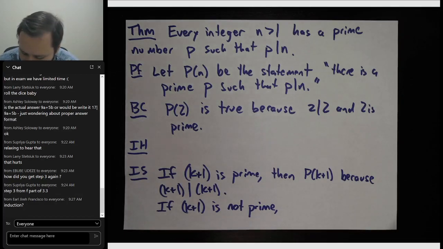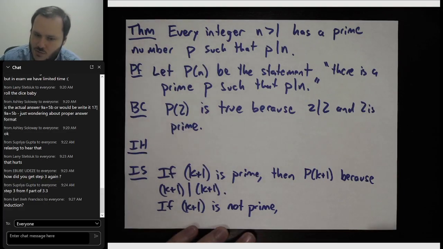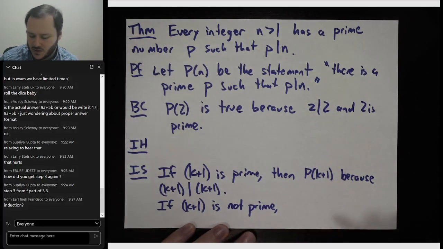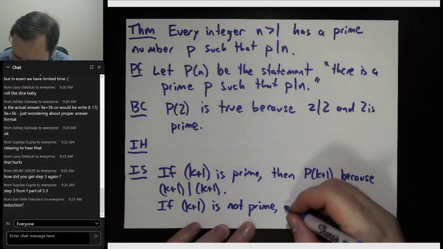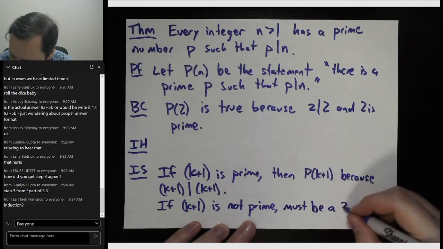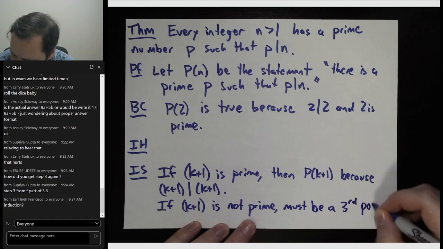So if you're not prime, you don't have exactly 2 positive divisors. But we know 1 divides k plus 1, and we know k plus 1 divides k plus 1, so there must be a third positive divisor